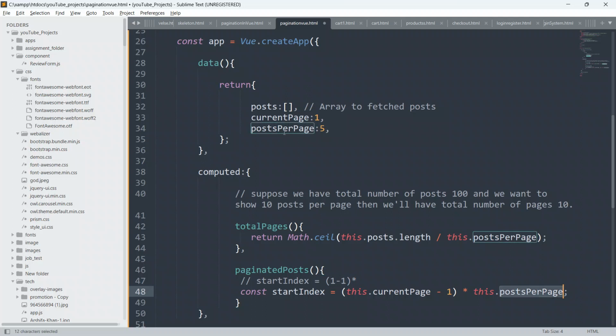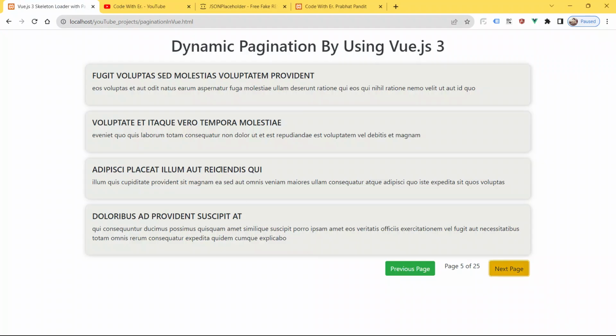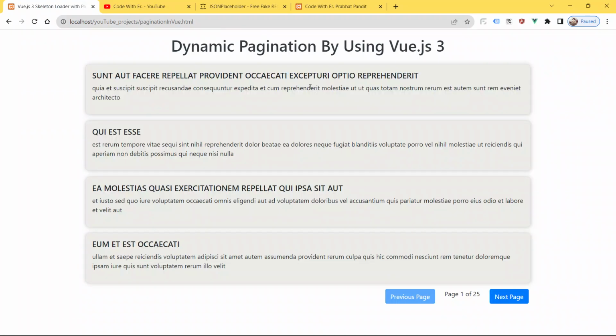As you can see, postsPerPage is 5, so ultimately it will become 0. So initially we will have a start index equal to 0.